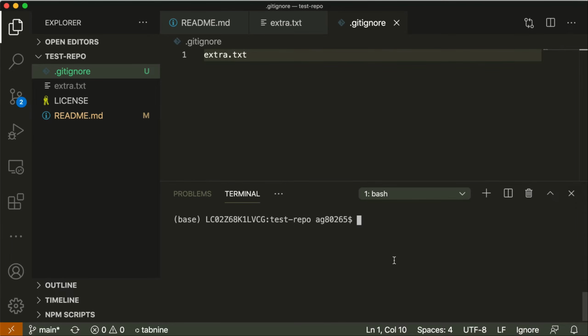So let us write the command git add, and after that we need to specify the changes in which files we want to push. So you can specify file names separated by spaces like readme.md, .gitignore, like that. But if you want to push all the changes that you made to this local repository, then you can just put a dot, and this dot will represent all the files in which any content is changed. Now on executing this command, it means changes in two files are added to the staging area.